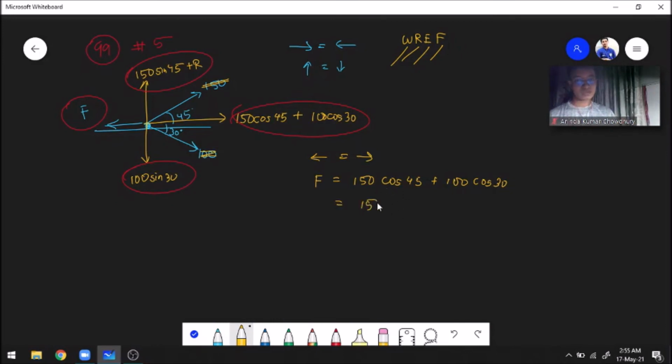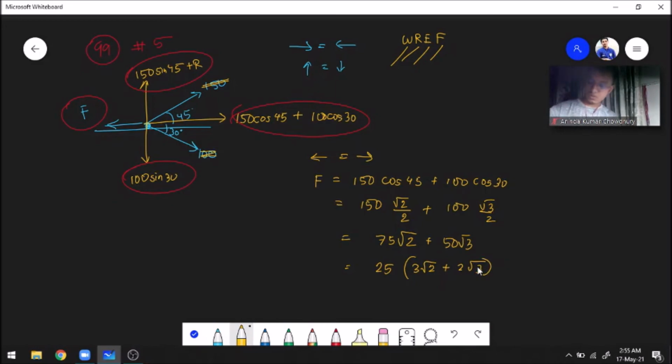So first we have to break our cos 45. Cos 45 can be written as root 2 by 2, and cos 30 can be written as root 3 by 2. So this 2 breaks this into 75 root 2, and this 2 breaks this 100 into 50 root 3. So they have taken a 25 common. Let us take our 25 common and see what we get. We get a 3 root 2 and we get a 2 root 3. Basically what they wanted. We have just proven the answer.